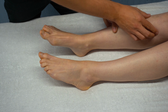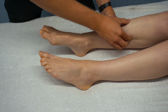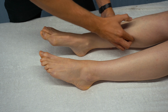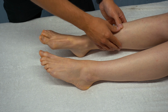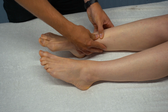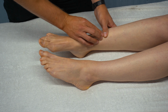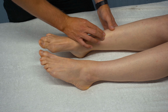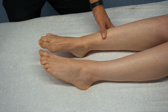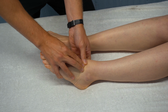Also, if we come to the tibia and we come medially and you slide off the tibia, you can feel through the plantar flexors of the foot, so soleus and tib post through here. You can also feel the tibia itself. So if we feel down through the tibia bone, we're looking for pinpoint tenderness here. If you do find a point that's really tender, you can do a tap test onto that point to see whether there's any sort of stress fracture. We can palpate around the subtalar joint,